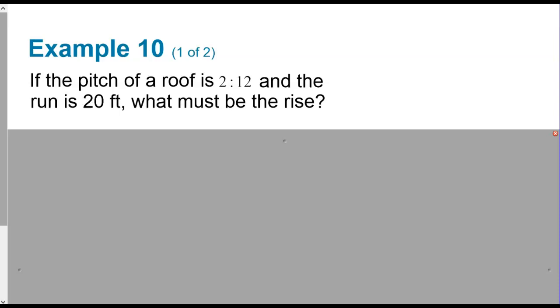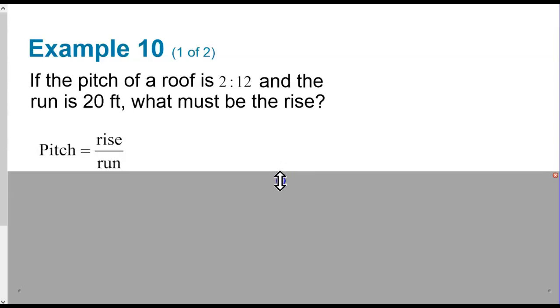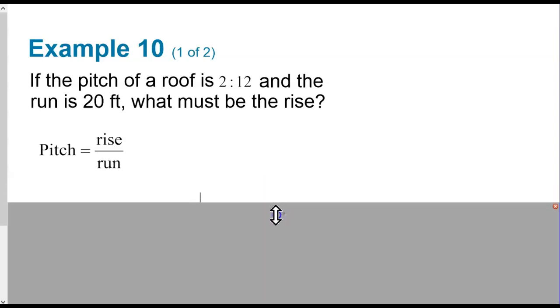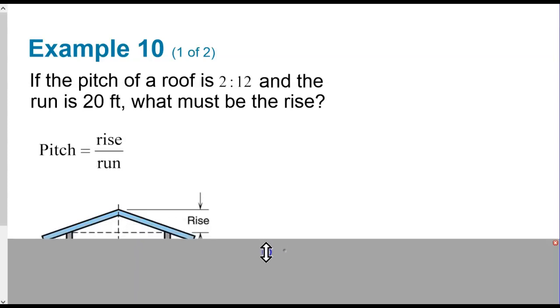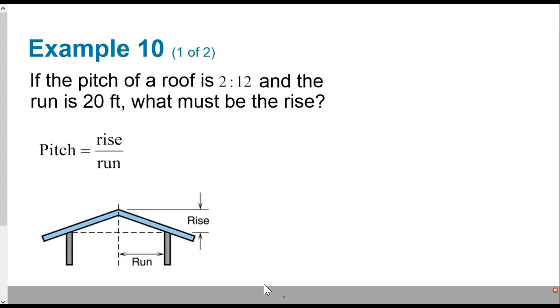Okay, great. So we're back. So let's go ahead and try to solve this together. If you're scratching your heads going, I don't remember what it is. That's right. Pitch is rise over run. So what does that have to do with proportions then? How do I solve this? Remember that a proportion has to do with, it's a comparison of two ratios. And so in this case, we're going to look at the rise over the run. And we can say that the rise over the run is